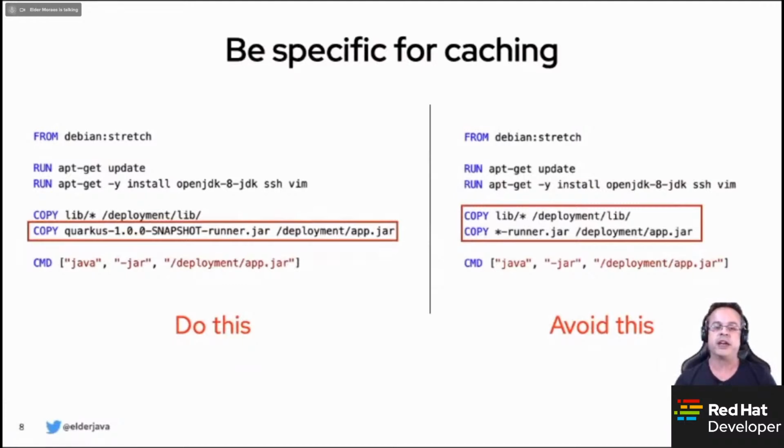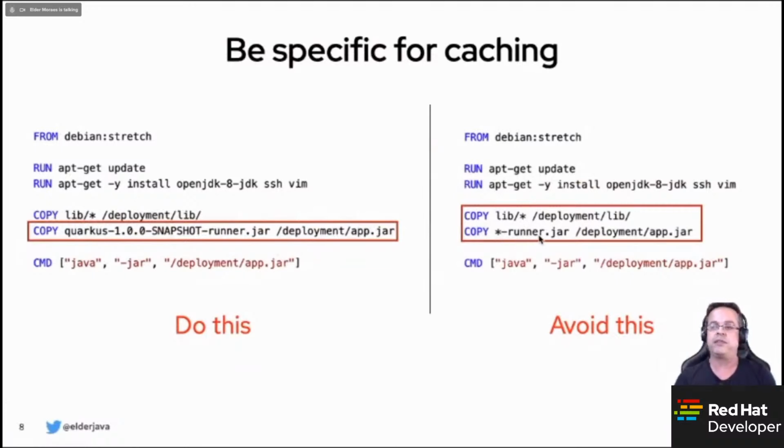Another aspect for caching is to be specific. So instead of just copying using stars like I did here, you should copy the file itself. I should do the same for this one here, but we'd need to put dozens of lines. But for this file, I need to copy Quarkus 1.0 and so on to this folder, not star runner.